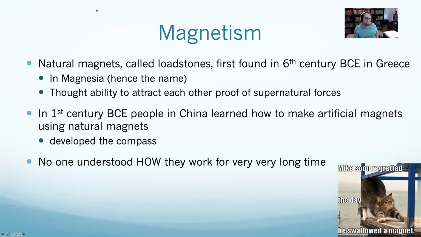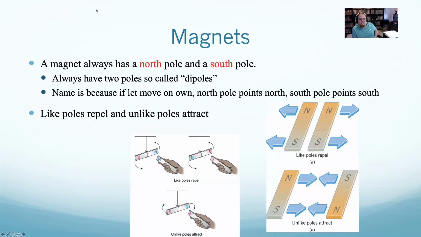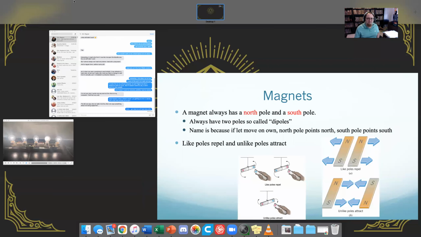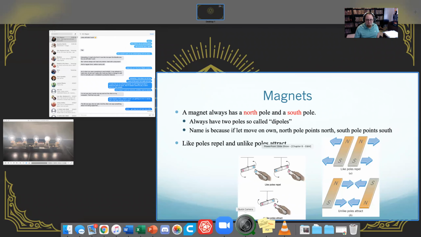Well, here's the logic. Magnets have what is called a north pole and a south pole. They're commonly called dipoles because they have 2 poles. Di means 2. The naming convention is because if you have a ball magnet and you just let it be, the north pole will point to the north pole of the planet, and the south pole will point to the south pole of the planet. This actually is a very bad idea. Once again, naming convention before people understood, because magnets follow the same rule of attraction and repulsion as